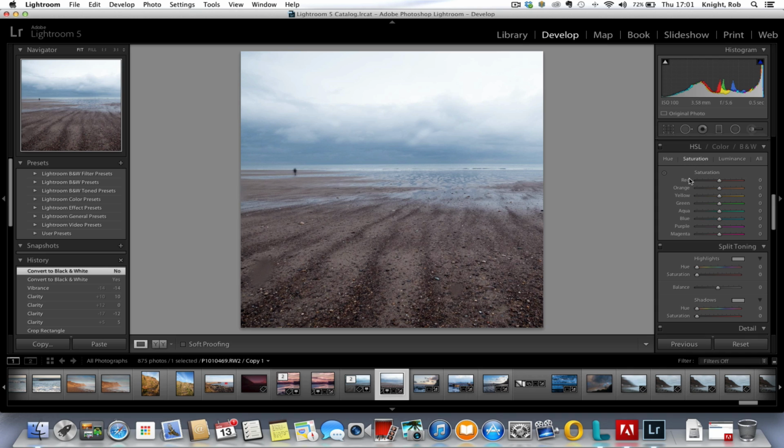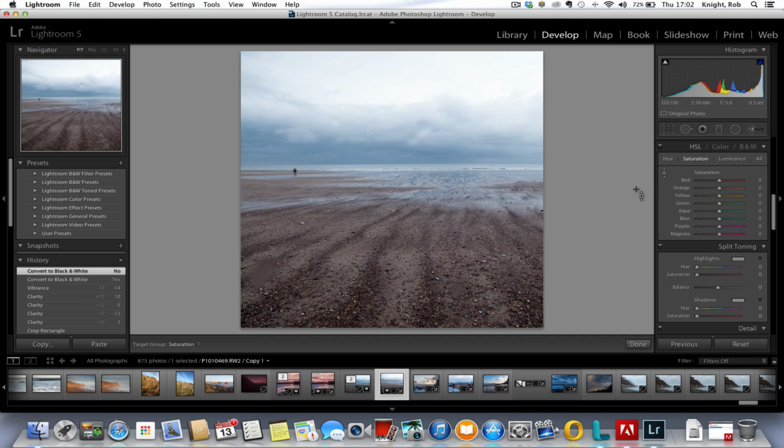Saturation is obviously the depth of colour. The luminance is how it plays with the light, and hue tends to be its warmth or the actual tone of the colour, so you've got to be careful which one you do. Now what I'd perhaps like to do here is just take a little bit of the saturation out in specific tones. Now instead of actually using the sliders, what we can use here is a targeted adjustment tool,